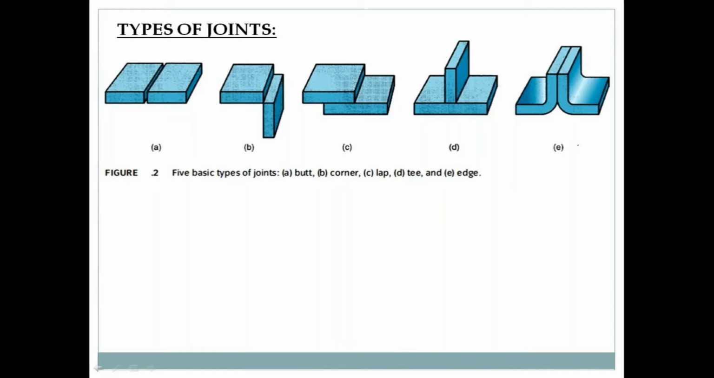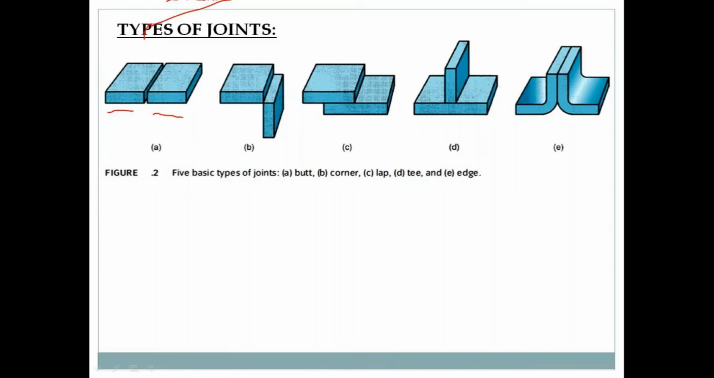Types of joint. We will weld, our job is ready, but what are the types of joint? That means 5 types are available: butt, corner, lap, T, edge. So first one is butt. Butt means two objects are placed